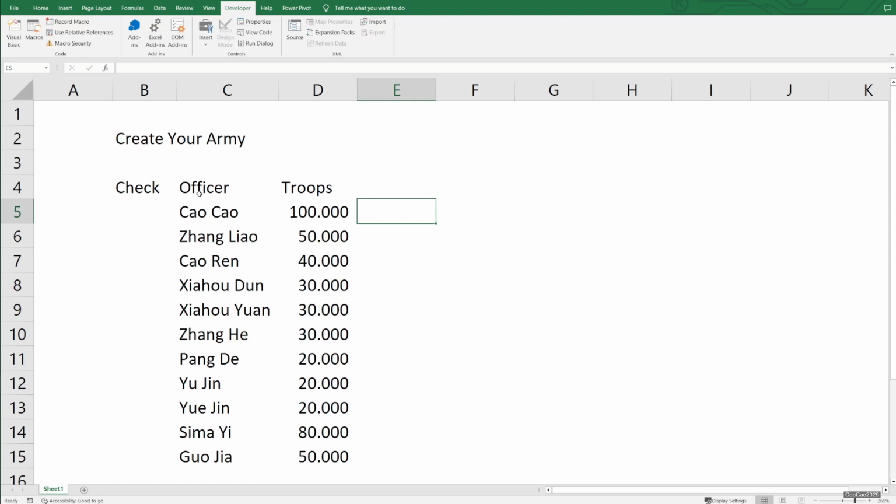Here is a list of officers and troops. When you create your army, we want to have a checkbox here that selects which army we're going to take. It's just an example. Okay, first from Developer you select Insert, and then there are a lot of form controls. Today we're going to learn about the form control one, not the ActiveX ones. So the checkbox, you just put it here, click,